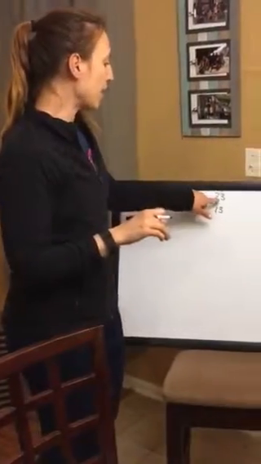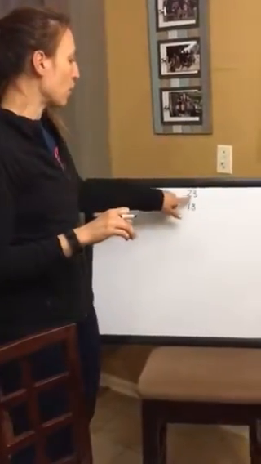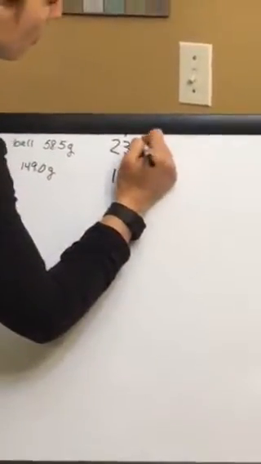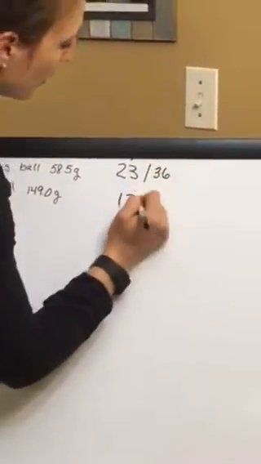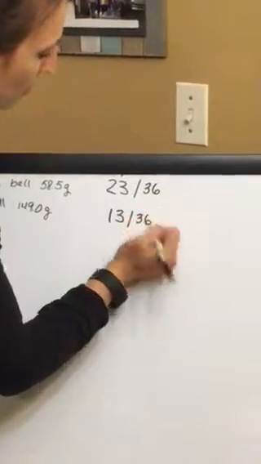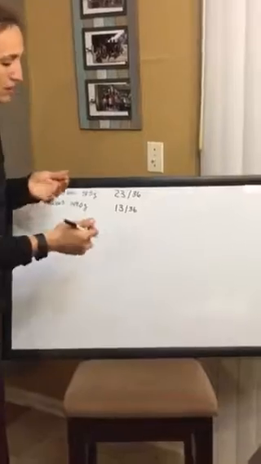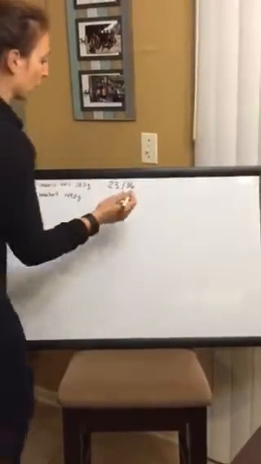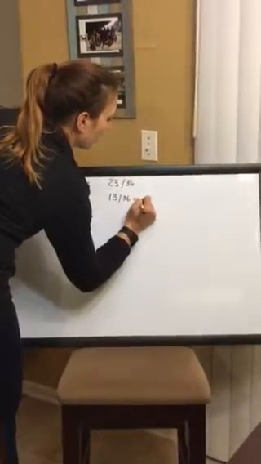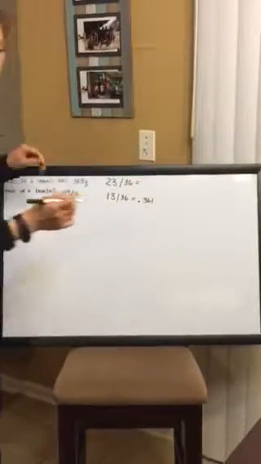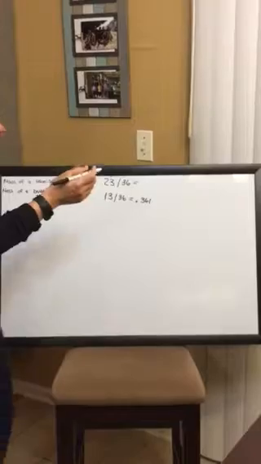When we look at natural occurrence, we have to add up those numbers and then divide each of these by that number. So 23 plus 13 is going to give me 36. I want to take and divide this by 36 and this by 36. You can see that 13 divided by 36 is going to be roughly a third. But when we put it in the calculator, we get 0.361 for this one, and we get